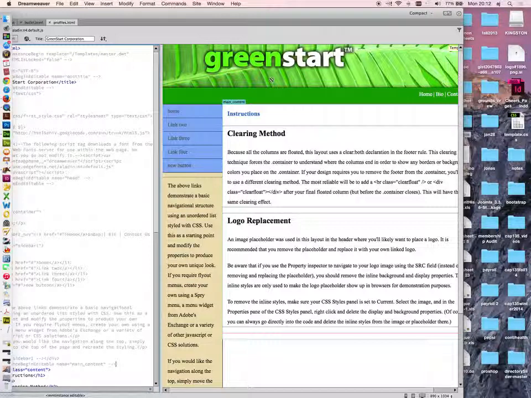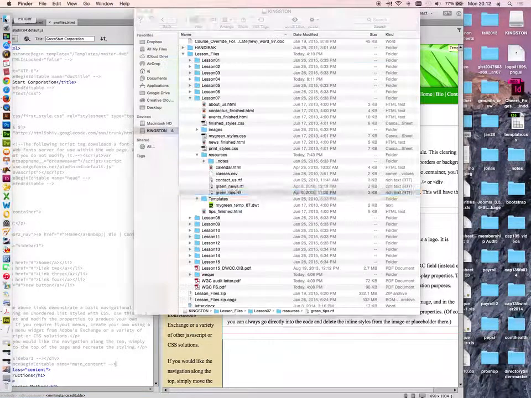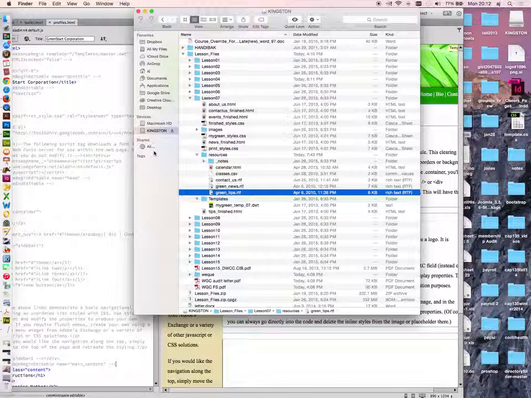Oh, there it is. Okay. So once again, let's go back into our Finder. If you close it, that's fine, then just reopen it. Navigate all the way back in your Finder to your Lesson 7, to your Resources folder. In your Lesson 7 Resources folder on your jump drive, you've got a file that's called